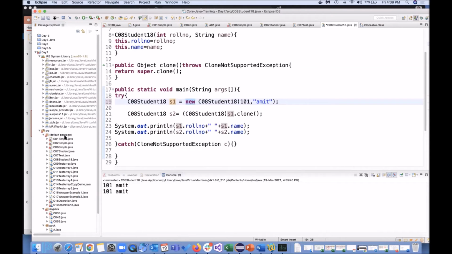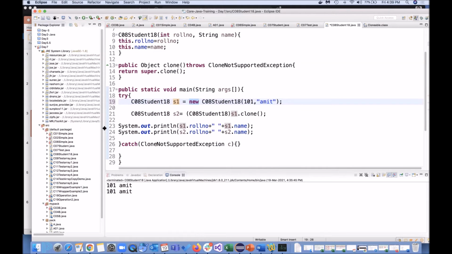I don't think we have learned string yet. When we learn string, we will know string is immutable in Java. Internally it manages the string pool and all those things. We will also use StringBuffer and StringBuilder, because string is also a class, and internally string will do String S1 equal to new String.